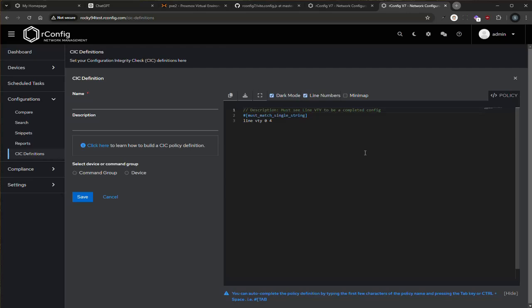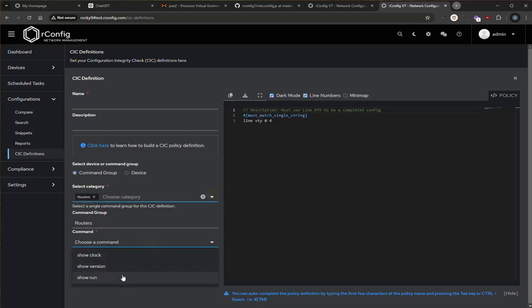I will do a separate video on this specifically as it relates to policy definitions, but you'll see it's much more simplified. The name and description are in the form over here. The description is not mandatory. The same as before, we're specifying our command group, previously known as categories, our device, or either or, and then you set your command of choice for running the CIC definition against. Same process as before, except the actual file